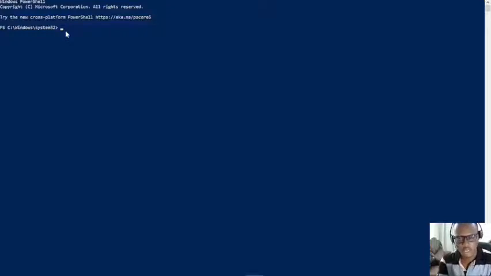Okay, and in connecting, you run the following cmdlet: $credential space equals space Get-Credential, and that will ask you for your login credentials. So I'm just going to do that real quick. $credential space